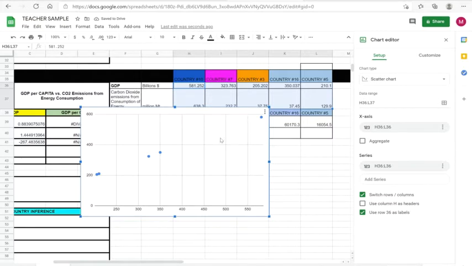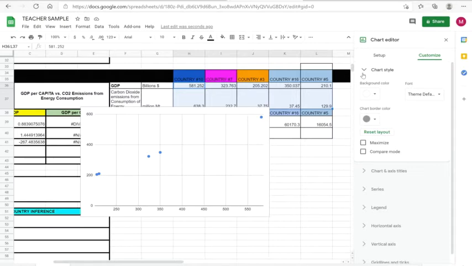In the event that you have problems with your scatter plot, you should always click on Series and look at where the first data point is on the X for GDP, H36, and where the bottom one is, L37, from reading Excel. So now that we have done that, we're going to go back and do the same process where we go to Customize,